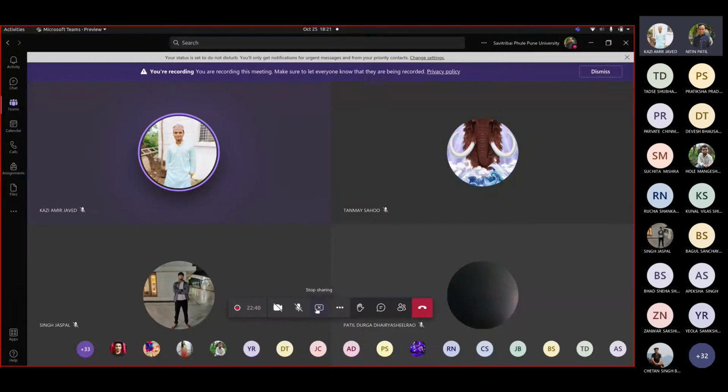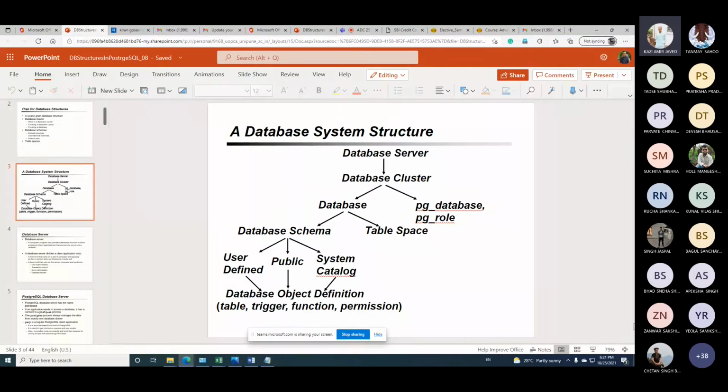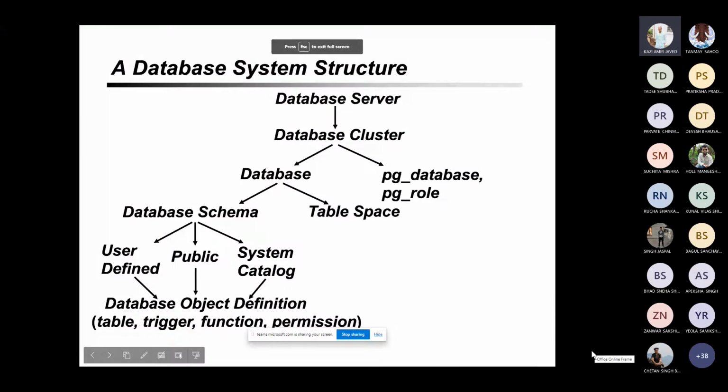Let me stop sharing here. So we already saw what is the process that needs to be applied. If at all I want to see how the cluster is created, now we saw what that database cluster can contain.